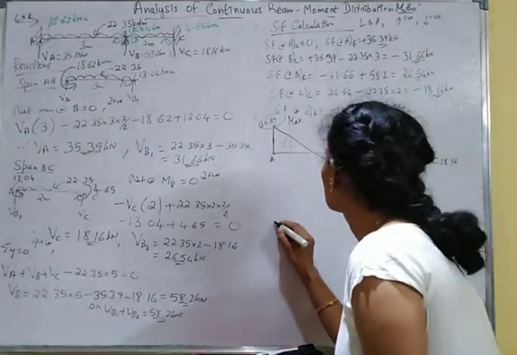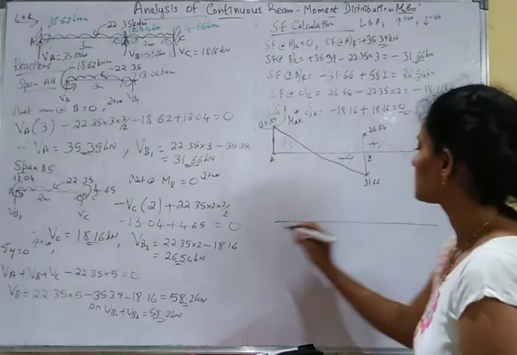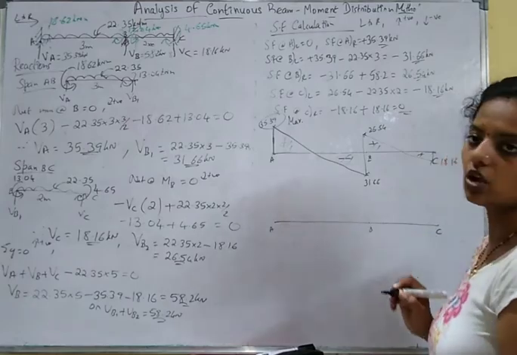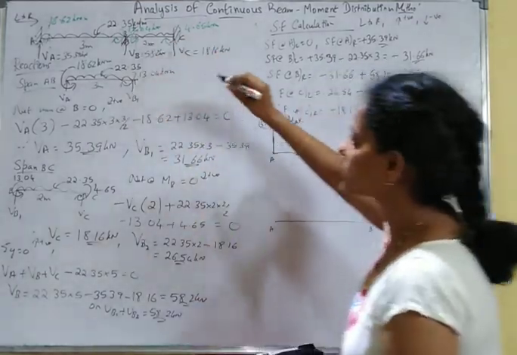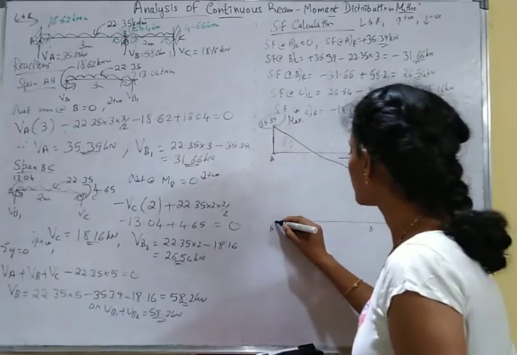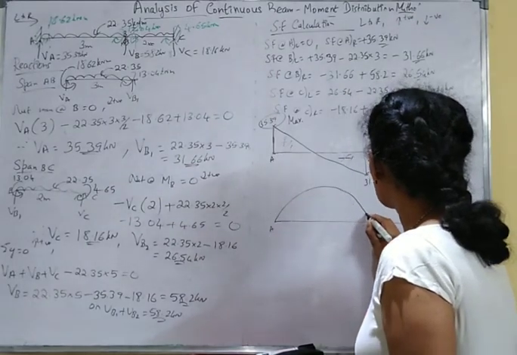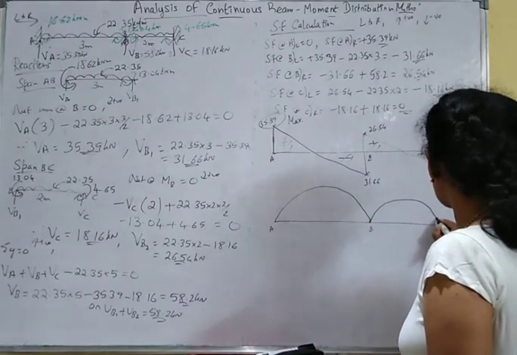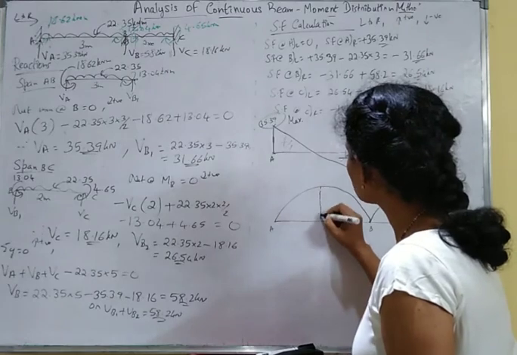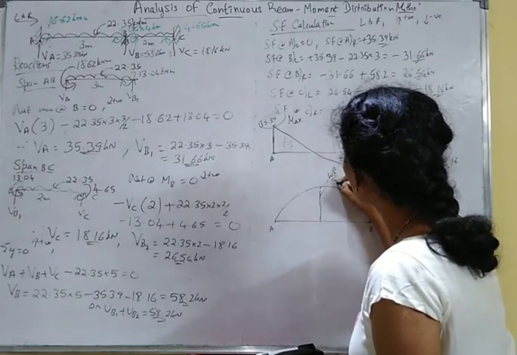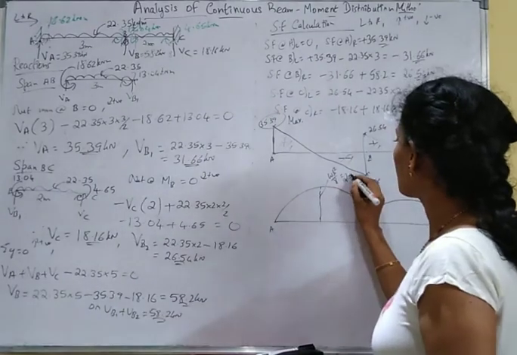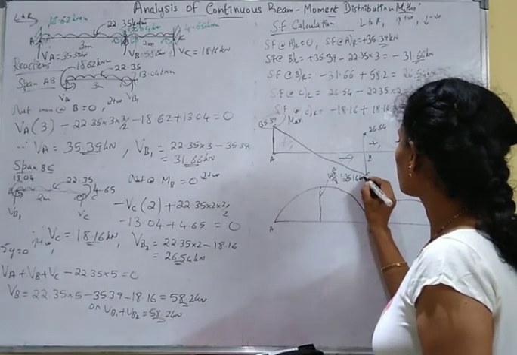So the simpler way to draw is, suppose this is A, B and C. First draw the span moment. Suppose if it is simply supported, you have UDL here, so maximum will be at the center. So this is your variation for a simply supported beam with UDL. Again here you will have this, and this moment is how much? WL square by 8. Just calculate it. WL square by 8. You will have 25.14 kilonewton meter maximum bending moment.